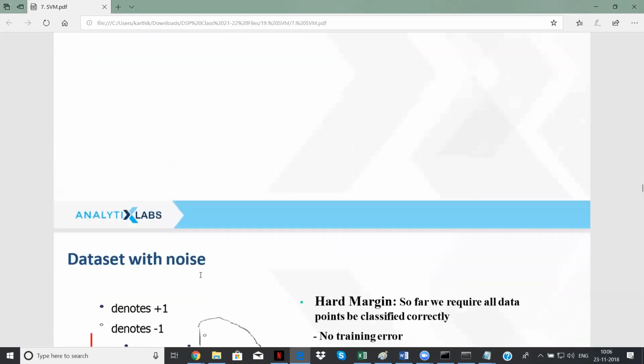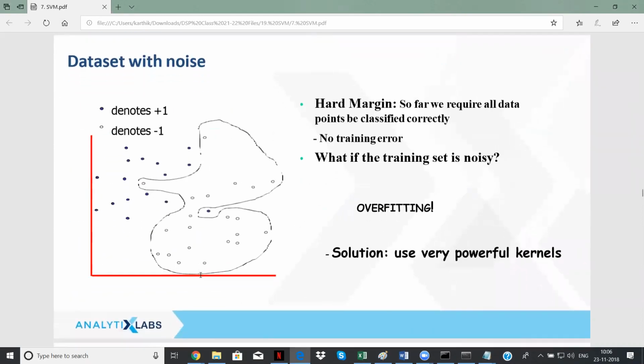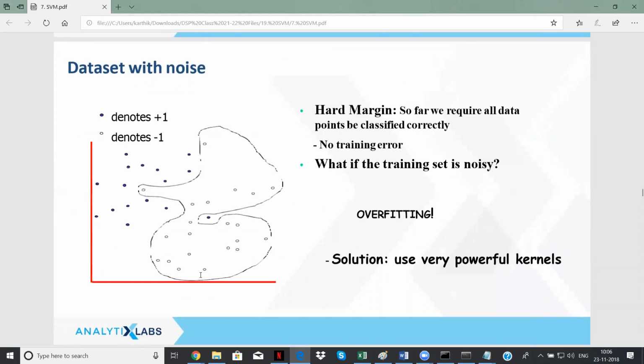Now come to the next example. In all my previous cases, I have seen that my data is properly separated. Here the data is mixed. You can see some of the solid circles mixing up with the normal circles and vice versa. What to do with this case? What happens if I come up with a linear line like in my previous case? So if I come up with a line equation like this,